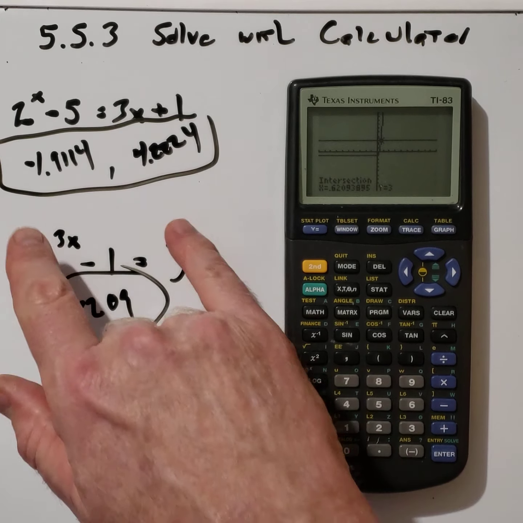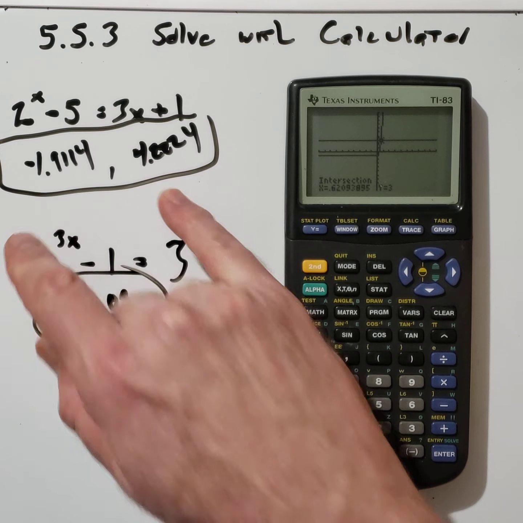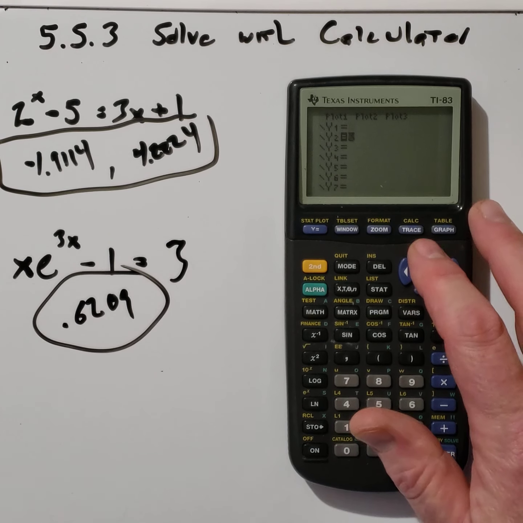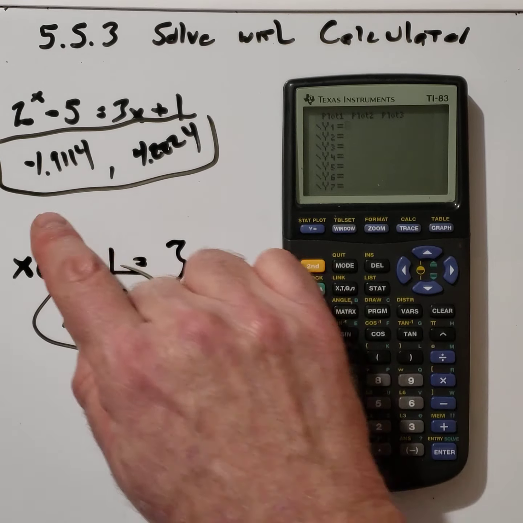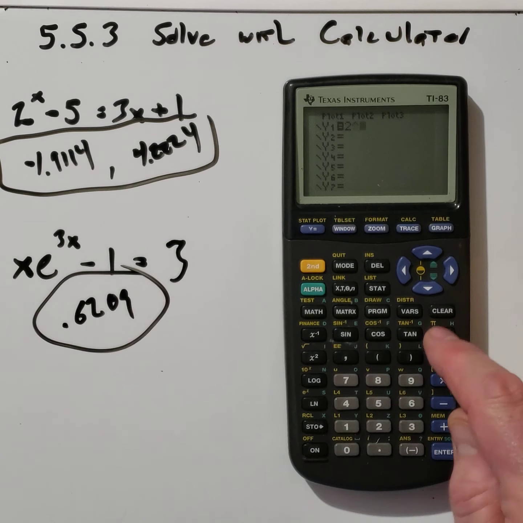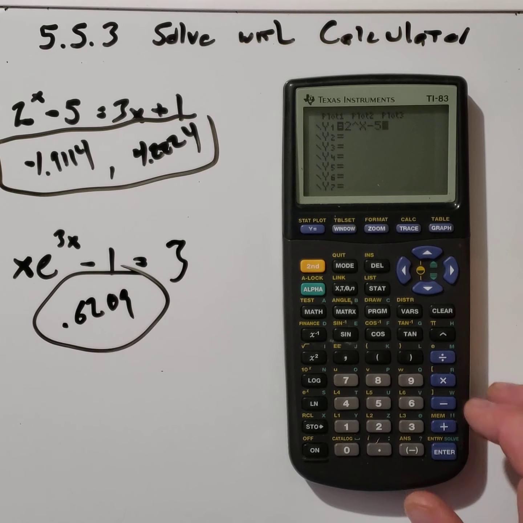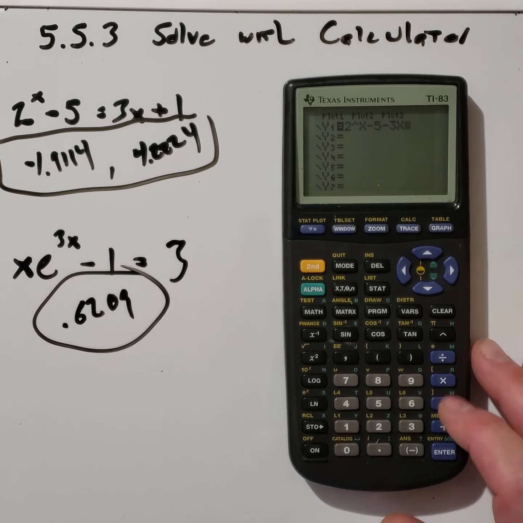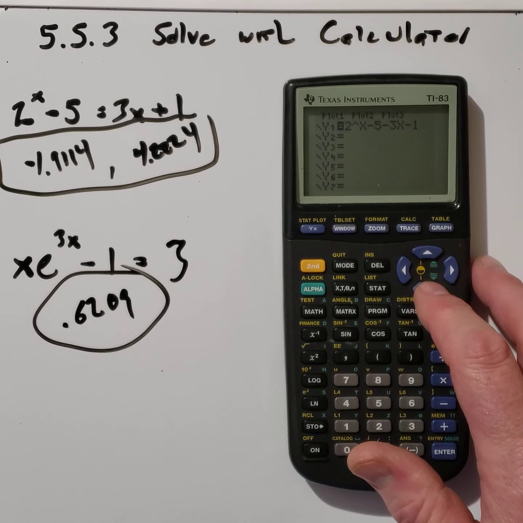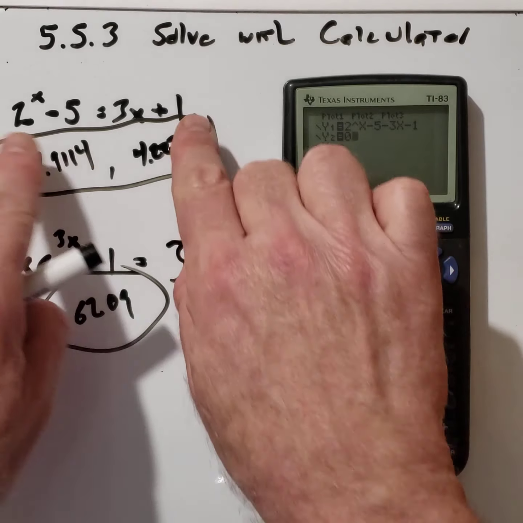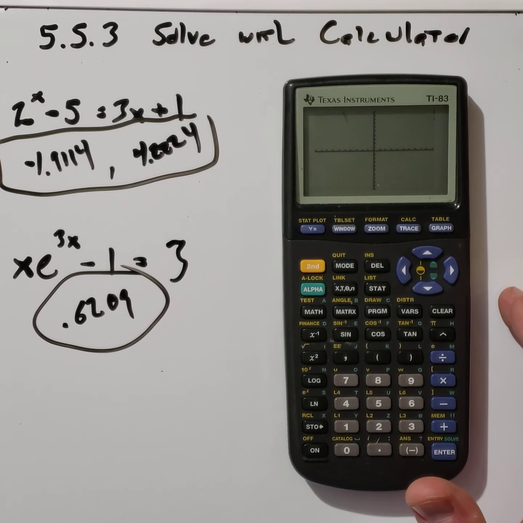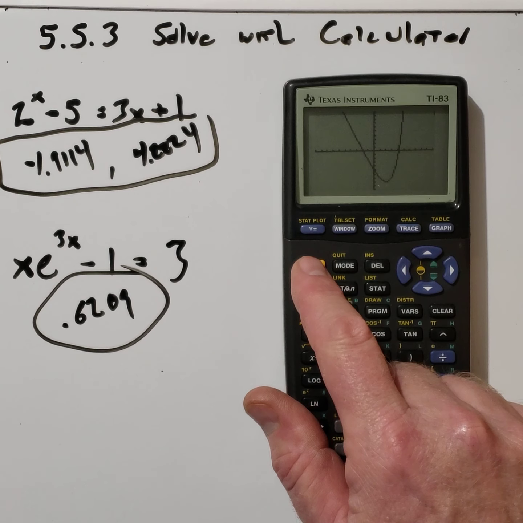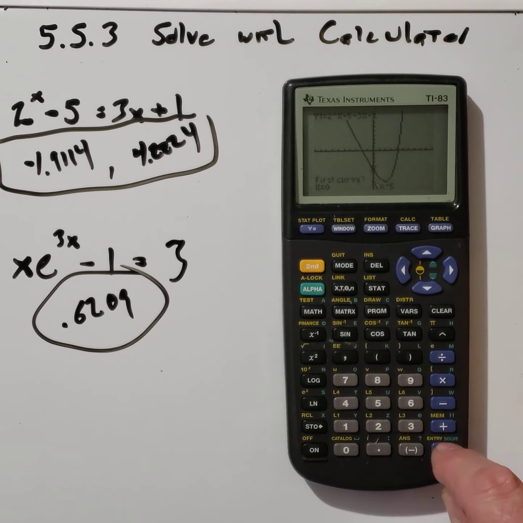Occasionally in MyMathLab, you'll run into one of this form where it says there's no zero or no change of sign or something like that. The way to deal with that, I believe, is to rearrange it so that everything's on one side. So you get 2 to the x minus 5, subtract the 3x, and subtract the 1. You could simplify that if you wanted to, and put 0 on the other side. So take all of this stuff, move it to one side of the equal sign, set it equal to 0 on the other side, and then you'll see we have those same x-intercepts again, and you can find them exactly the same way. Second Calc 5, enter, enter, enter,